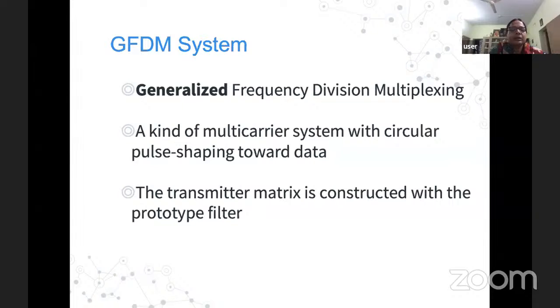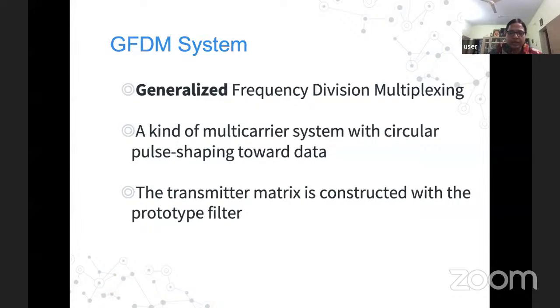So this confinement we are doing through some pulse shaping filters. Whereas in OFDM, as it is, we are transporting the data onto your multi-carriers. But here in GFDM, we pass the signal through a shaping filter, then we port that data onto your multi-carrier communication. That is the difference between GFDM and